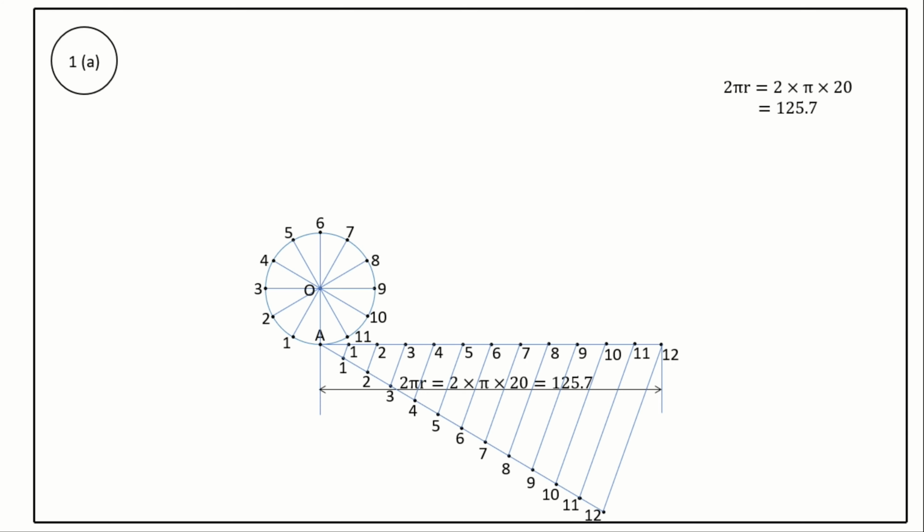Next, let us start the construction of an involute of a circle. From the point 1 on the circumference of a circle, draw a perpendicular line to radial line O1. Take a protractor and draw a perpendicular line to O1 from the point 1. This line is tangent to the point 1. Take a compass, measure the length A1 on the horizontal line. With center point 1 and radius A1 length, cut an arc on the line tangent to the point 1. Mark the point as A1.